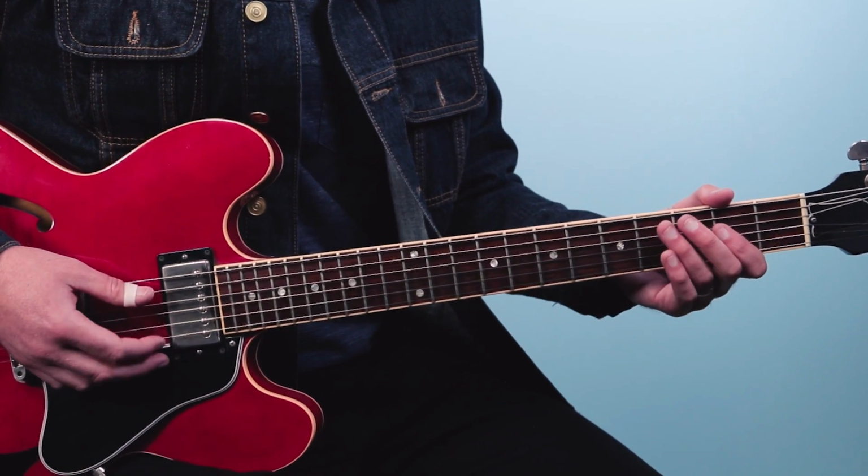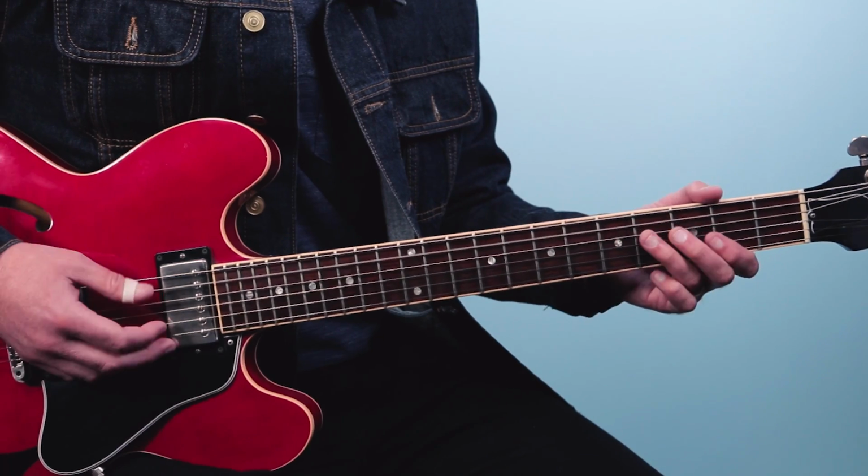So here's bars 5 through 8. 1 and 2 and 3 and 4 and...